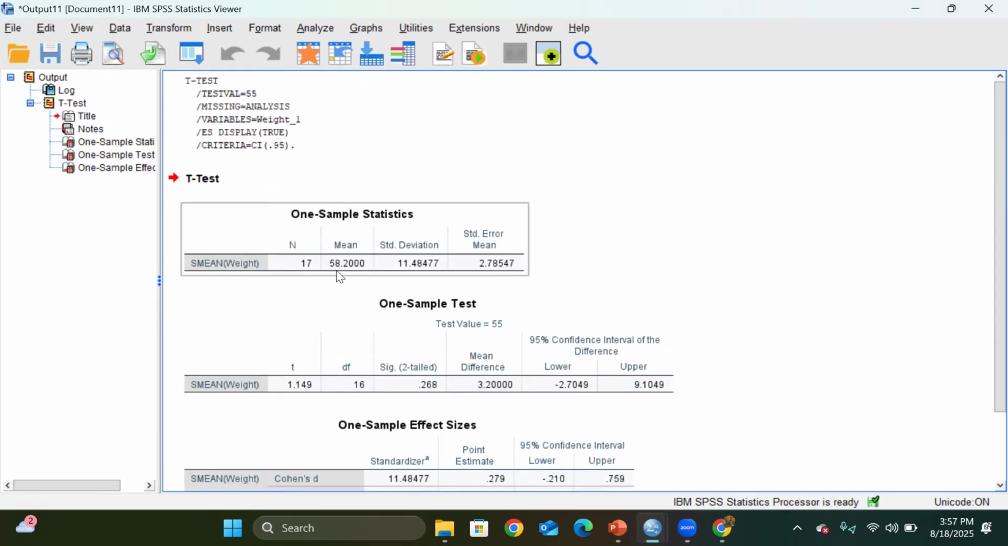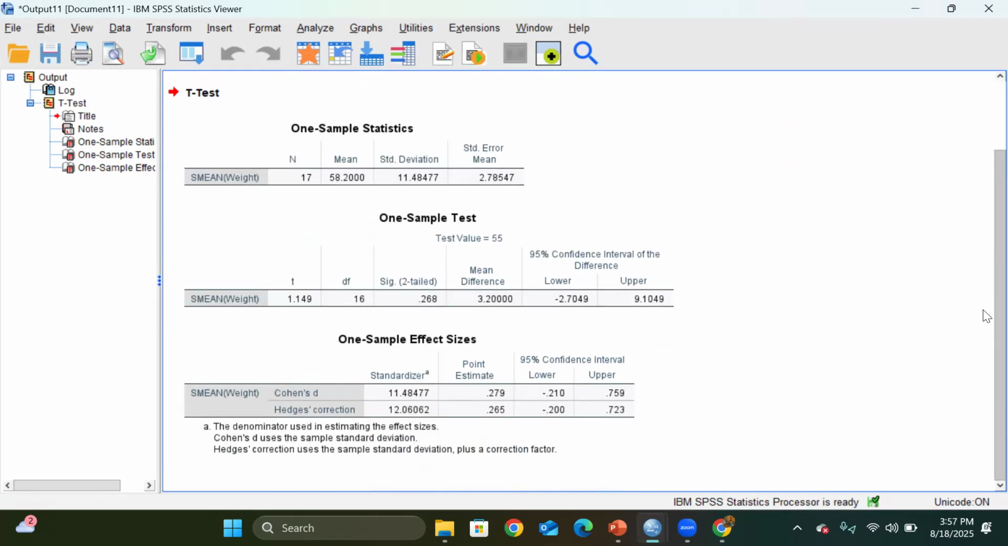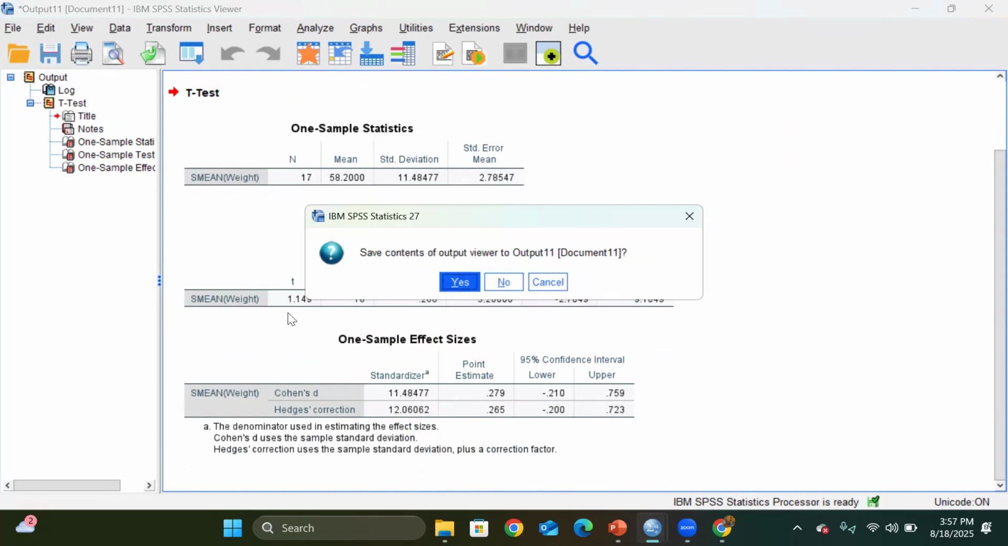And this is the mean of our population. It is not that much statistically different. Okay. Why? Because we kept the mean as 55 for our population, and here it is 58. Okay, so let's run another test